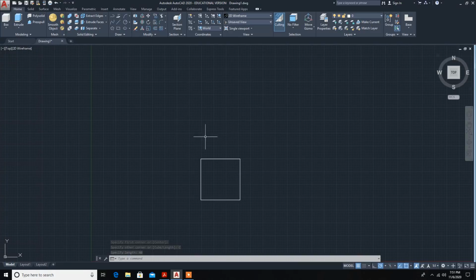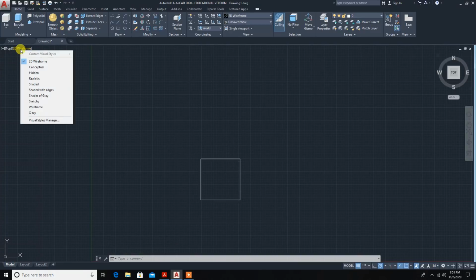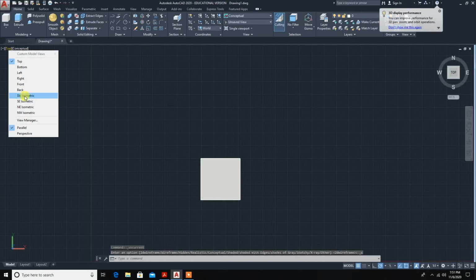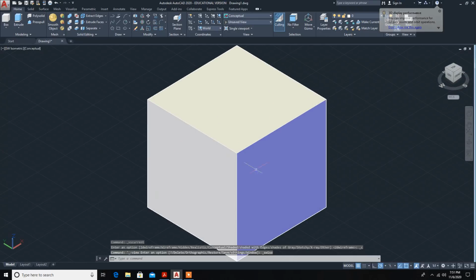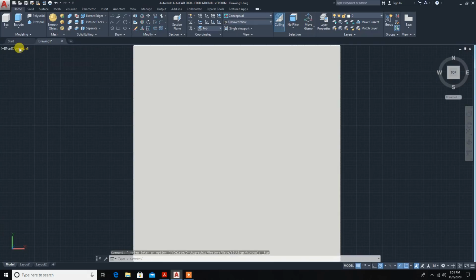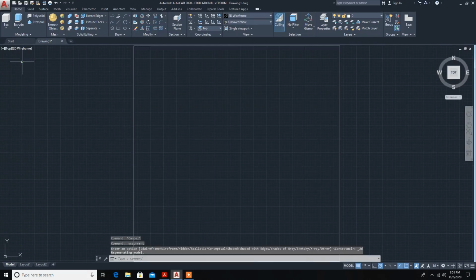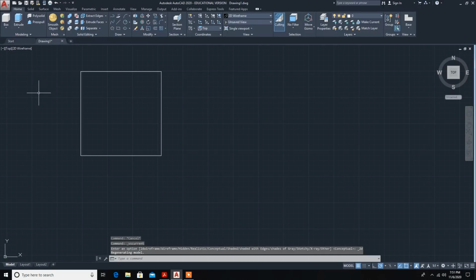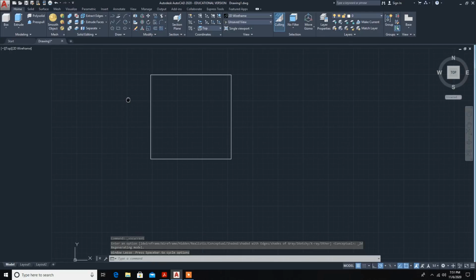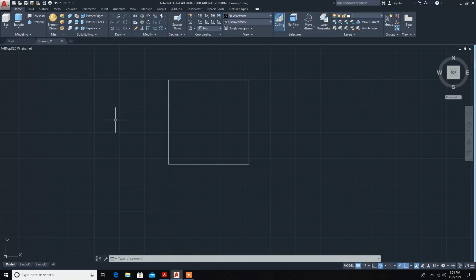So now it is in 2-dimensional. If you click here conceptual and in view, isometric view, you can see a cube. So a cube, a 3D object, is created. Now the problem is not completed, so we'll come back again to the top view. A cube is created. So I'm zooming out by scrolling. The center button of the scroll is pan, so you can move it to the center.